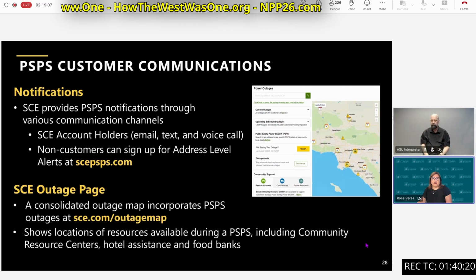And we also have an interactive consolidated outage map that incorporates PSPS outages, and that's at sce.com/outage map. Some recent updates to our outage map include making sure that information is loading faster and is more focused and accessible for customers. And then the view and search options have become more customer friendly, which includes making it easier for customers to report an outage that's not already showing on the map, and then improving the experience for customers who are searching for power outages